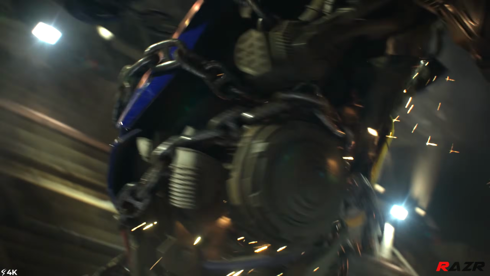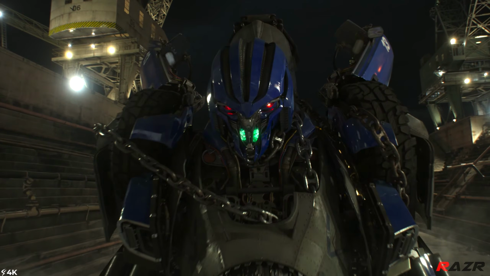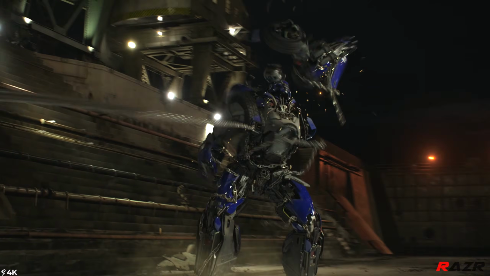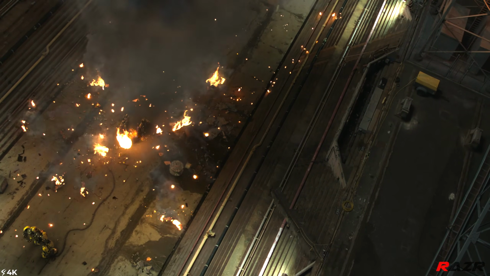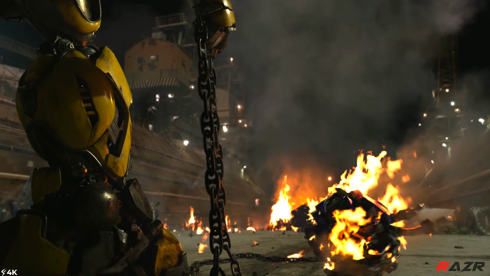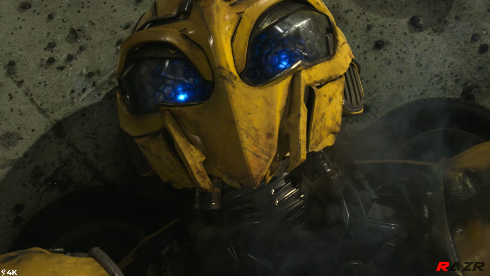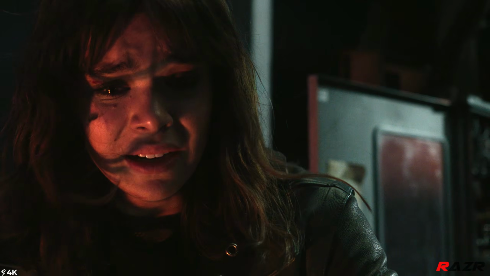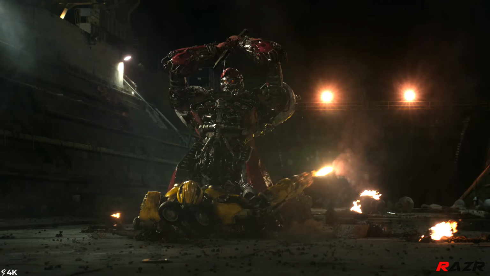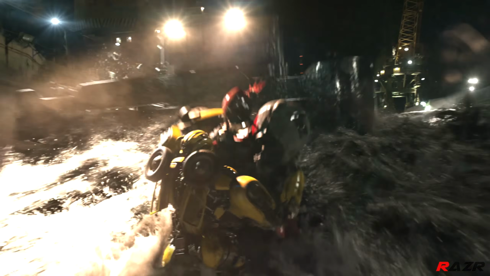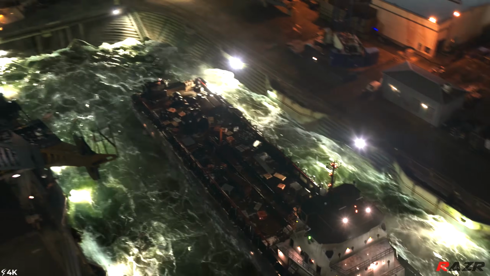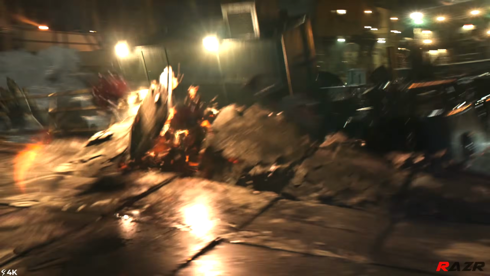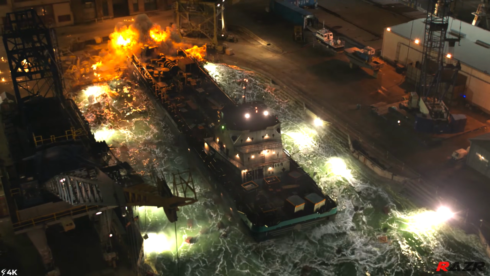Before the Decepticon could let off a joke about Bumblebee's little chains, Bee yanked the chain hard, dismembering him and rupturing his internals, causing him to explode, with his burning decapitated head landing beside the Autobot scout's feet. Lastly, we saw him completely outwit Shatter. Before she could finish Bee off, the Autobot blew a hole in the wall of the adjacent dock, flooding the area and causing the giant cargo ship docked there to crash into them. While Bumblebee safely escaped, Shatter was destroyed as the exploding ship crushed her against the dock.